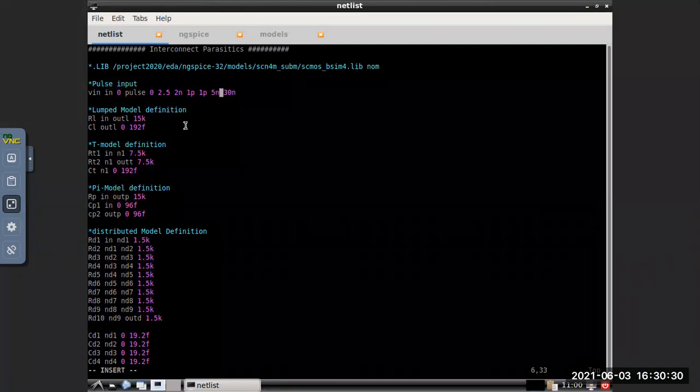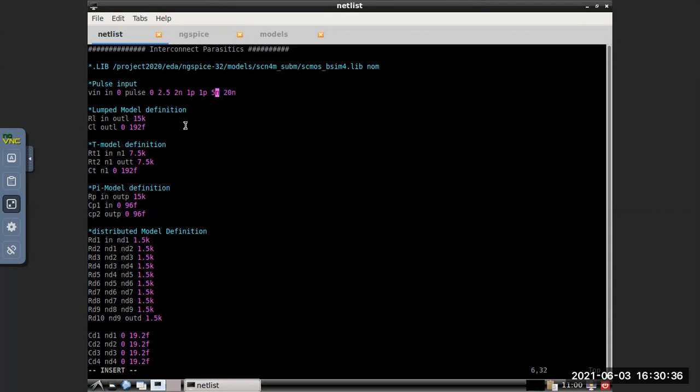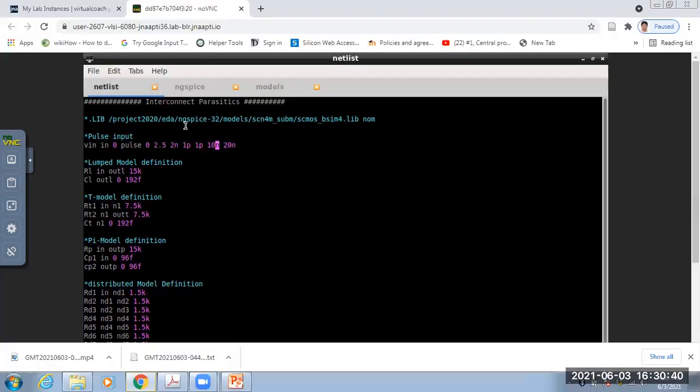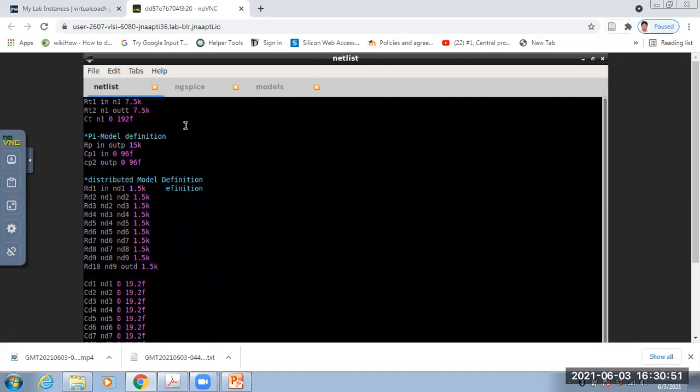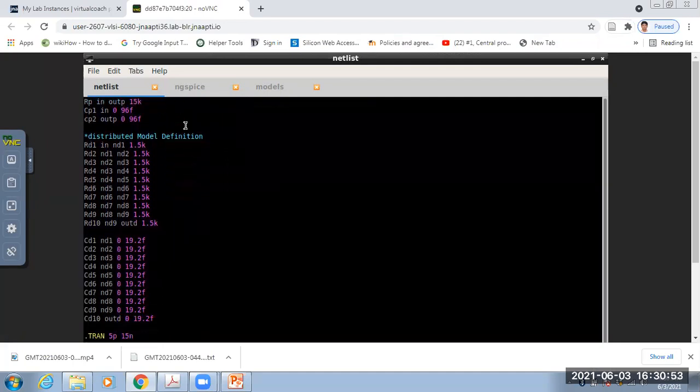Then in the dot trans statement, you have to give the time.